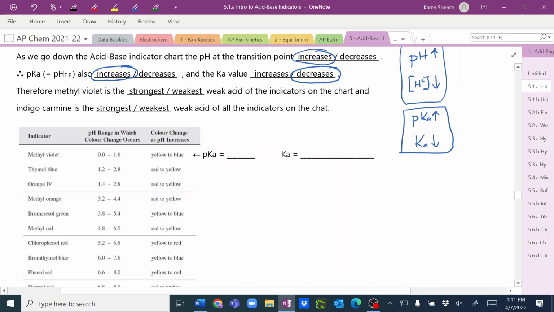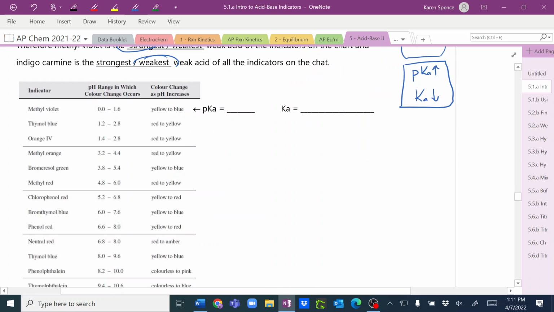What do you guys think? Methyl violet or indigo carmine? Methyl violet, yes, methyl violet is the strongest. Indigo carmine is the weakest. You can actually go through and calculate the value. The pKa is 0.8, and so therefore the Ka is